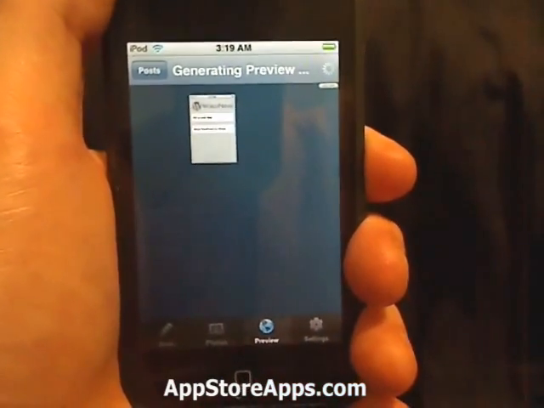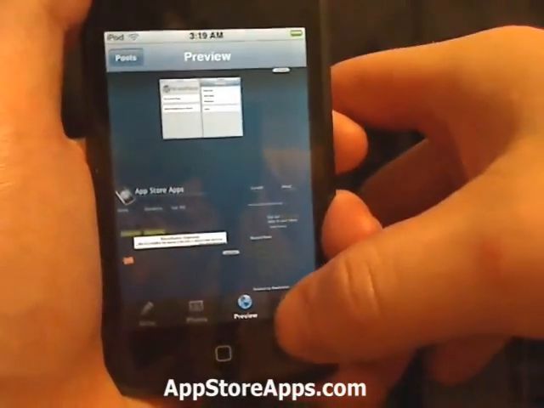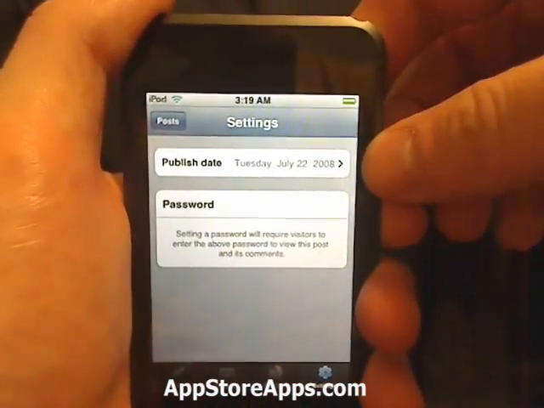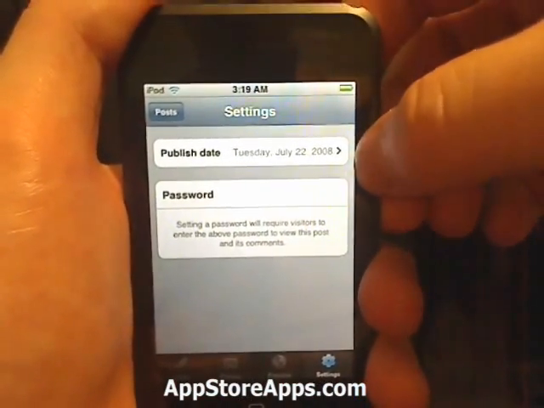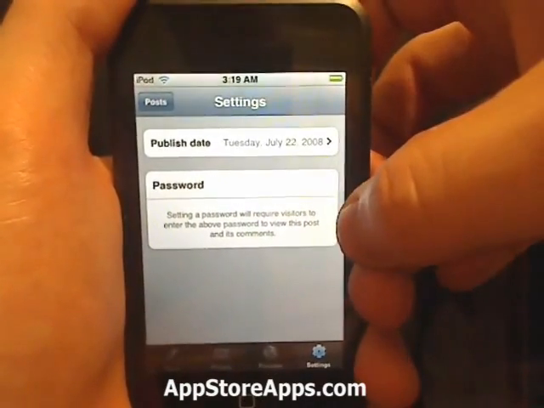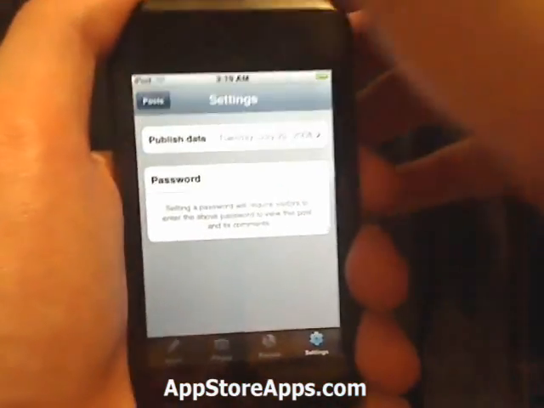You can look at a preview, and then you can change the settings. You can set it as a future date. You can change a previous set date, and you can also put a password on a post right from your iPhone